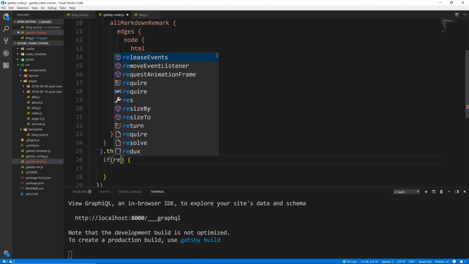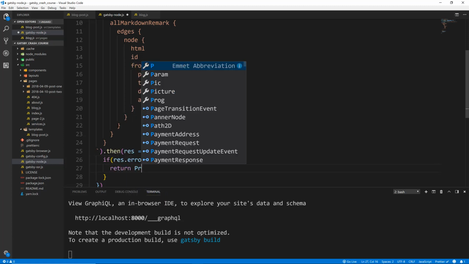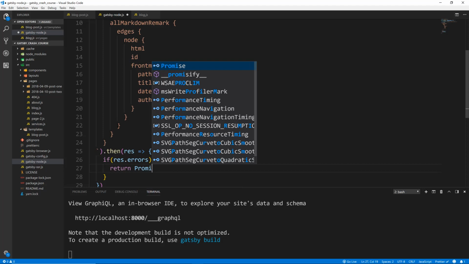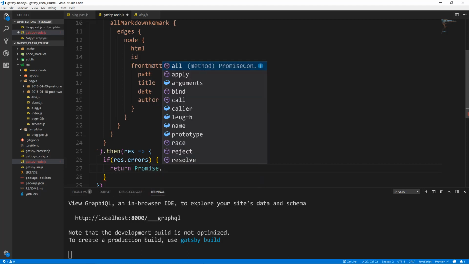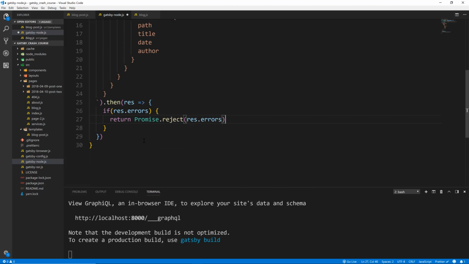So we're going to say if res dot errors, then we want to return, and we're just going to return a promise reject. So promise dot reject, and pass in res dot errors. Okay, now if there are no errors, so we'll keep going down here, then we want to say res dot data, and we want to call all